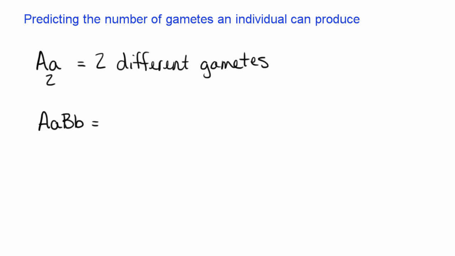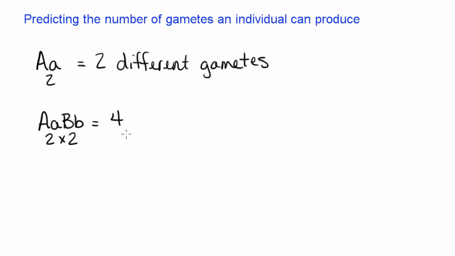And so since it is independent assortment, then we can use the multiplication rule because that deals with independent events. So if we look at the A gene, just like before, we have two versions of A present, so I'm going to put a little 2 there. And for the B's, we have two versions of B present, so I'm going to put a 2 there. And independent events, we can take them and we can multiply, so I'm going to get 4 different gametes being